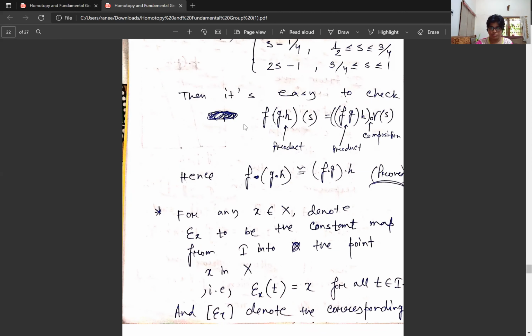Okay, so it proves the fact that homotopy behaves well with associativity. So the homotopy class preserves the associativity. Whereas you can check with some example. I just want you to check it because it will be good for you to know that.